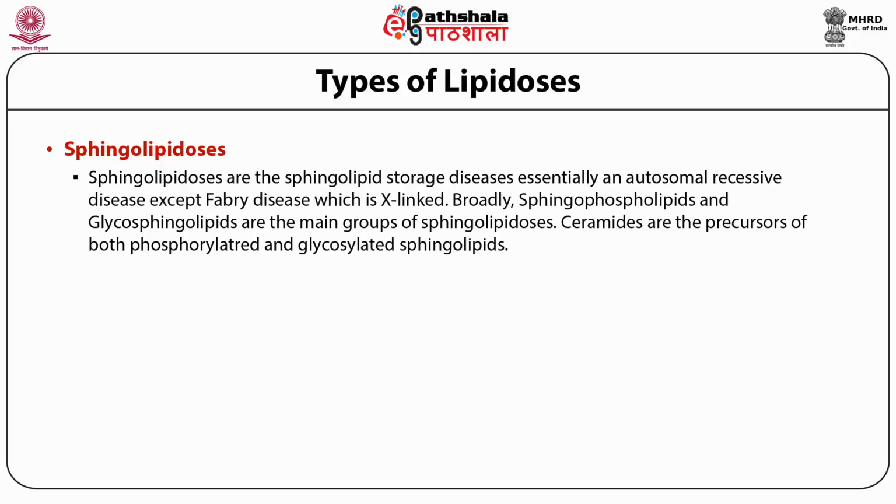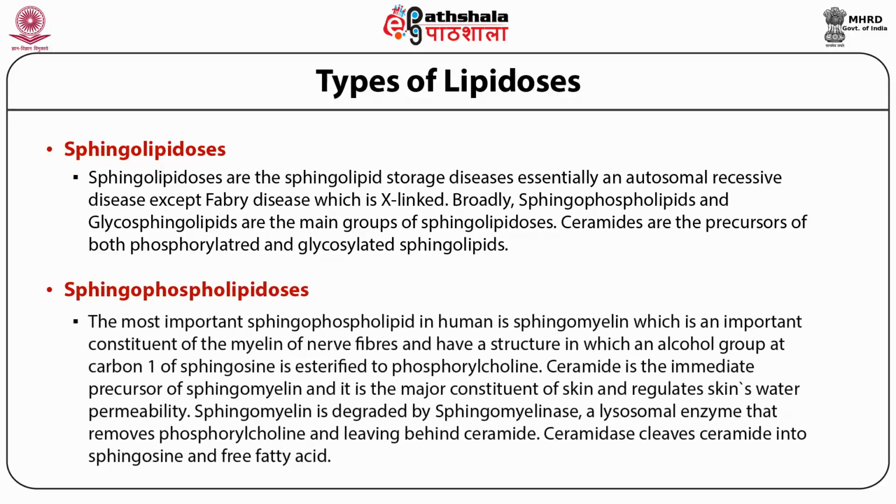Under these sphingolipidosis, sphingophospholipidosis occurs, and the most important sphingophospholipid in human is sphingomyelin. This sphingomyelin is an important constituent of the myelin of the nerve fibers, and has a structure in which an alcohol group at carbon 1 of sphingosine is esterified to phosphorylcholine. The ceramide is the immediate precursor of the sphingomyelin,